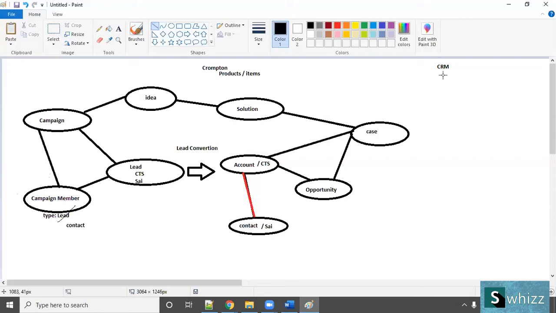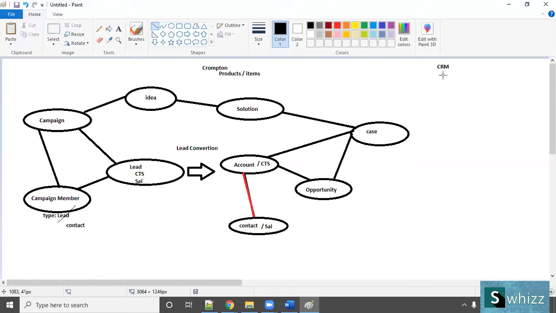These are the main core concepts that we are going to touch. Campaign means doing some promotions. Campaign member means the person who showed interest, we will register inside a campaign member. He becomes a lead. Lead means a person who showed interest in the product, and we are going to take it forward for a business. And account means a business.